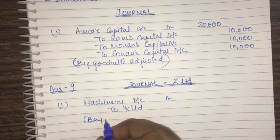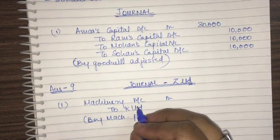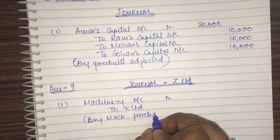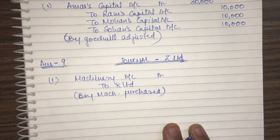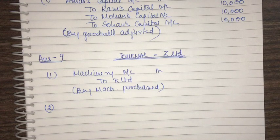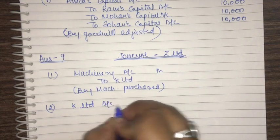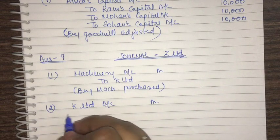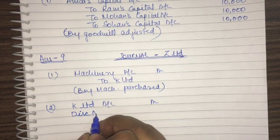Now, आप लोगों को मशीनरी की प्राइस नहीं दे रखी, सो मैं अभी के लिए इसको ब्लैंक छोड़ रहा हूँ. So once we are done with the issuing, we'll get to know the actual amount, जितने की हमने मशीनरी खरीदी है. Right. Next, K Limited account debit. Now since you know that the debentures were issued at a discount, so discount account debit